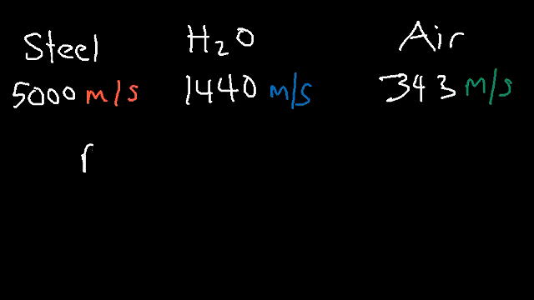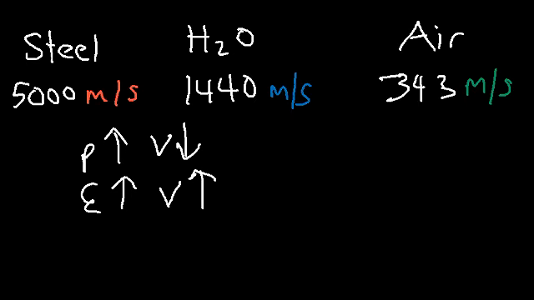Now we said that as the density increases, the speed should decrease. Steel is much more dense than water or air, so we should expect a lower velocity, but you need to take into account the elastic modulus, which is much higher for solids. So this elastic factor causes the speed to increase, so apparently it must be greater for solids than liquids. But generally speaking, the speed of sound in a solid tends to be much higher than that of a liquid, and the speed of sound in a liquid is usually higher than that in air.